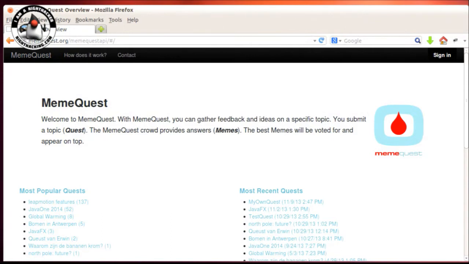Okay, so there's a difficulty in our setup here. The mouse is connected to my laptop, but the output is connected to Steve's laptop. So if you see strange mouse behavior, that's because of the setup.